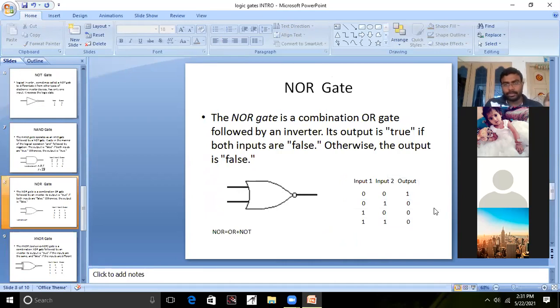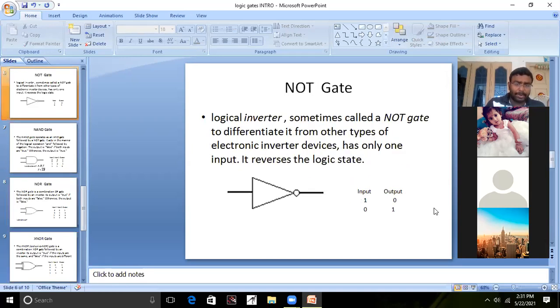So far, we have seen the AND gate, OR gate, NOT gate, the basic gates. And we have learned two more gates, the NAND gate and the NOR gate. These two gates are called universal gates. What are NAND and NOR? Universal logic gates. Remember that. NAND and NOR are called universal logic gates. Then let me go for the next.